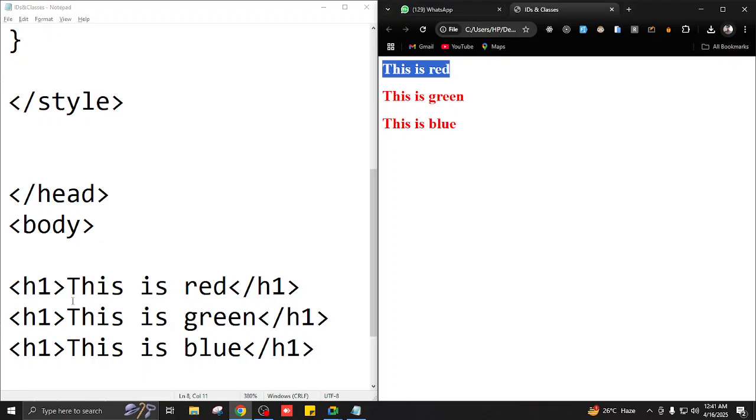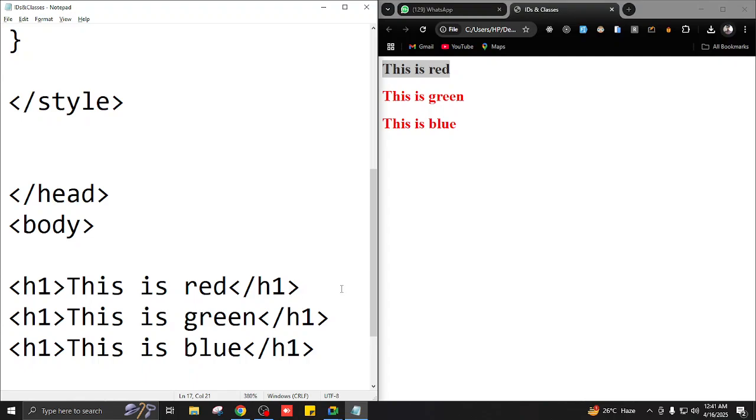Okay, so what about the classes? If IDs are the unique number, what about the classes? What are classes? Would it be different, like more than one? It can be more than one. Exactly, very good. There's another difference. IDs are unique. If you assign an ID to one thing, you cannot reassign that ID. But in the case of